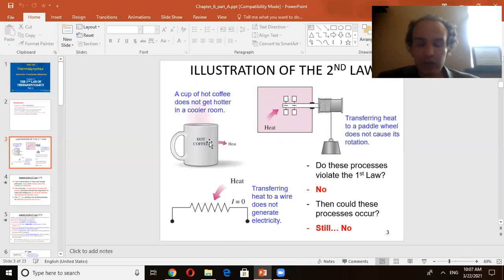If I have this cup of coffee and I put a brick of sugar inside, the sugar will dissolve and I will have sweet coffee. But it's not easy to get it back, right? At least not straightforward. Potentially, after some chemical transformation, I can get this brick of sugar back, but it's not straightforward. So these processes go in one direction. They go towards equilibrium. It's an illustration.